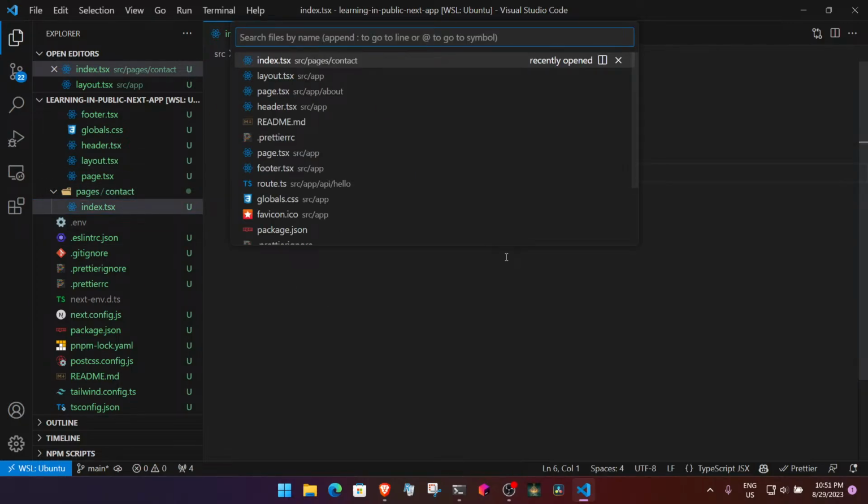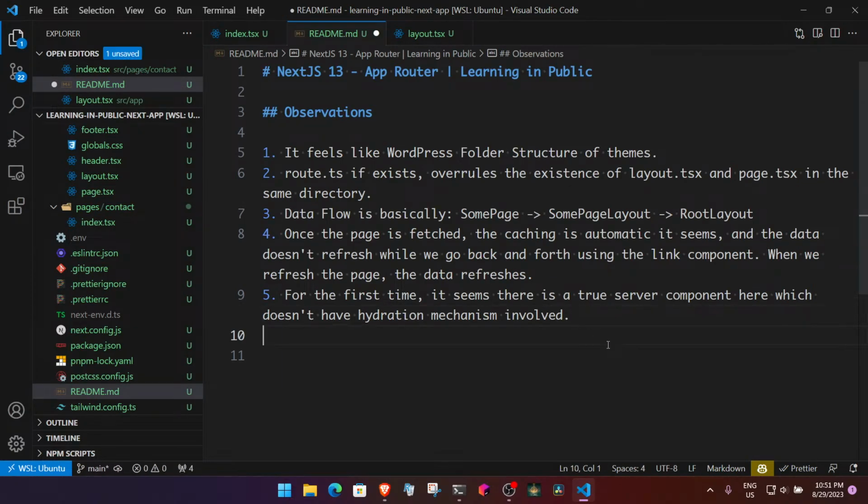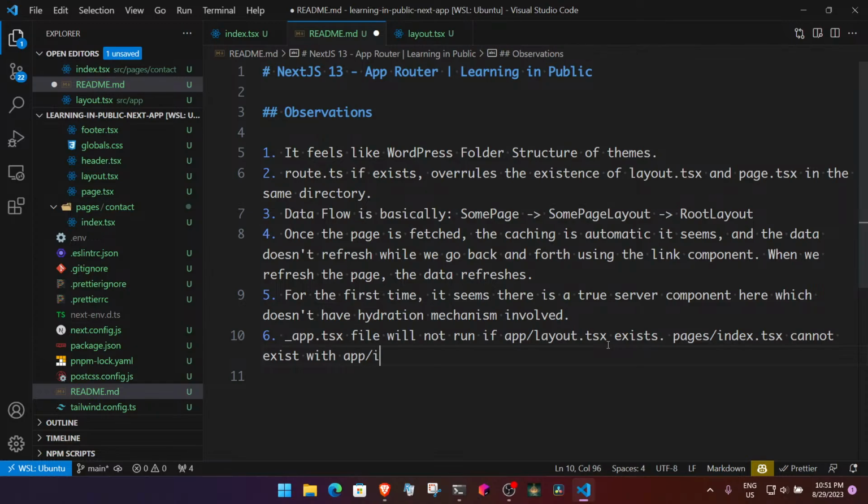Cool. So in the readme, I can say underscore app tsx file will not run if app layout tsx exists. Hopefully this is a right observation. And pages index.tsx cannot exist with app page.tsx, right? So if I have to do some sort of incremental update, I should be